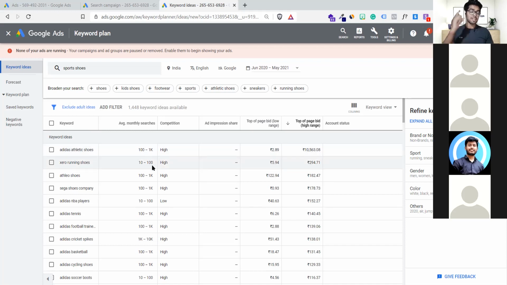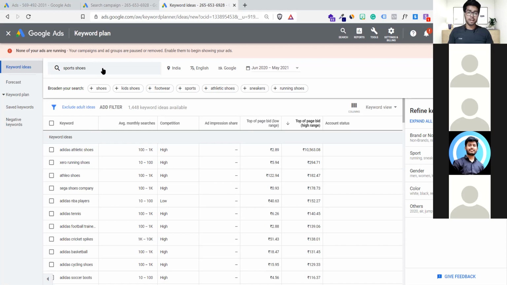The single cost of the shoes must be somewhat near 50,000 or 40,000, because it's athletic shoes, not any normal shoes. 40,000 to 35,000 for sure. If they are getting that particular customer, they can pay 10,000 rupees straight, right? Why would they lose out? Because if they're paying 10,000, they can get a 35,000 rupees product sold. So why not? What's the big deal? Getting it? So I think this is the best example.